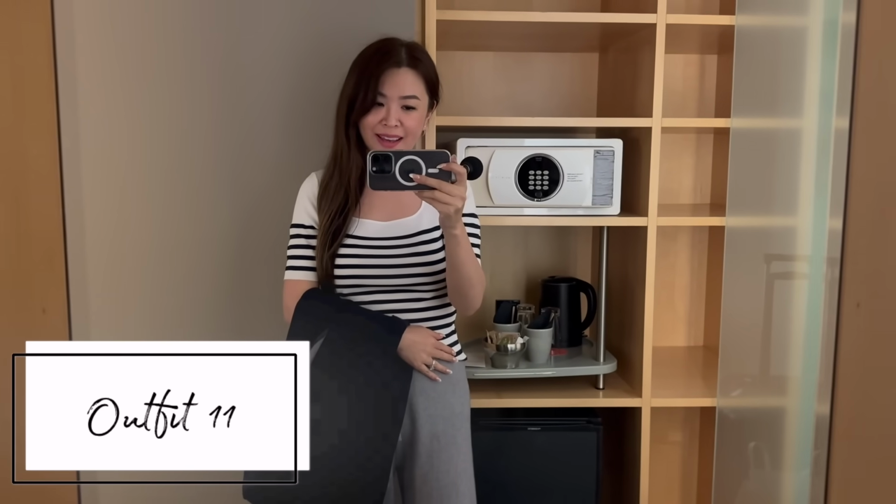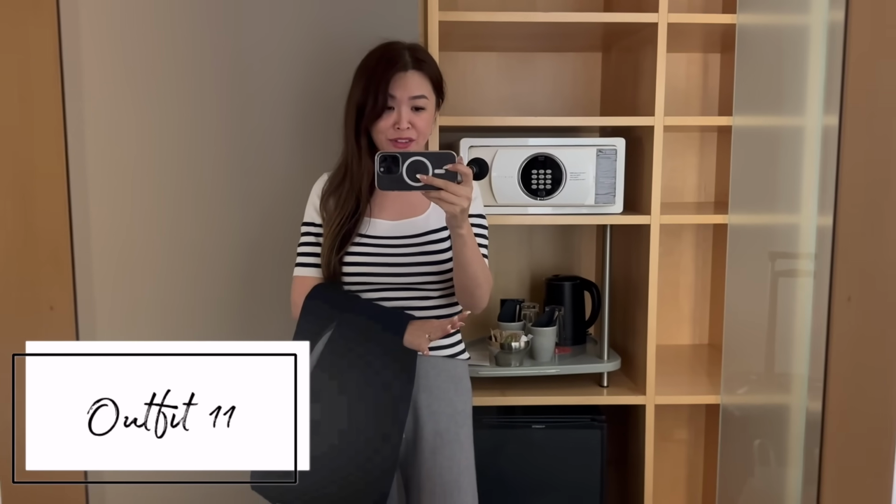Okay, I forgot to show you my very casual outfit for today. So I wanted to be comfy on the train ride. We checked into Vienna and then on Sunday, everything closes really early. So we're going to go to dinner now. But I just wore some